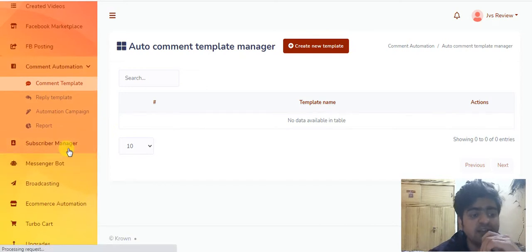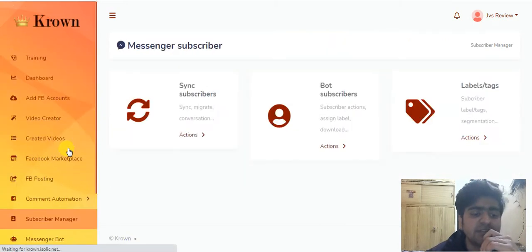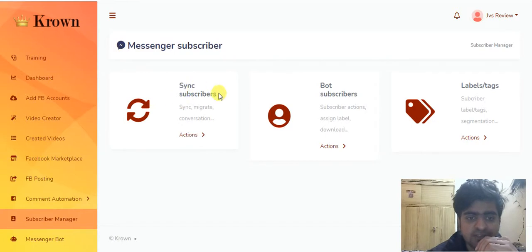The next thing is subscriber manager. So here is sync subscriber, bot subscriber, labels and tags. Basically you can use both Facebook as well as Messenger. You get both features here, and you can get all the Messenger subscribers.